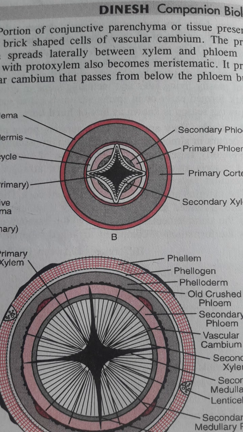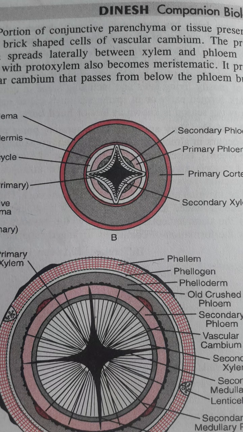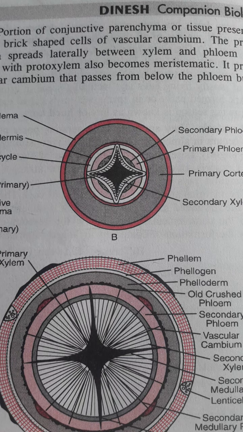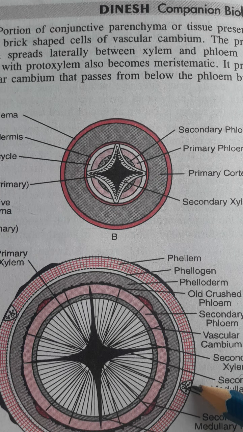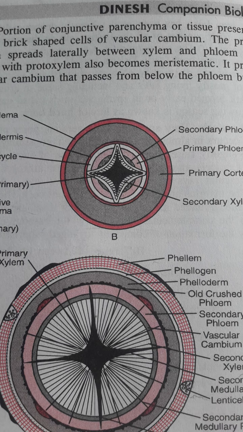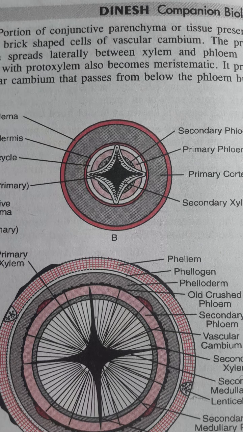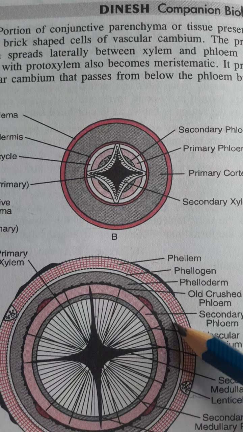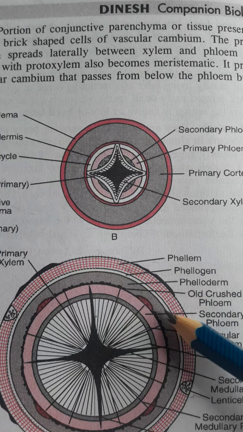Okay, now at places the phellem gets interrupted by some particular openings, which are known as the lenticels. Now see, these are the lenticels which will help in gaseous exchange. Okay, so gaseous exchange takes place through these lenticel cells, and after division the whole periderm portion is formed. These are all similar to that of the dicot stem.